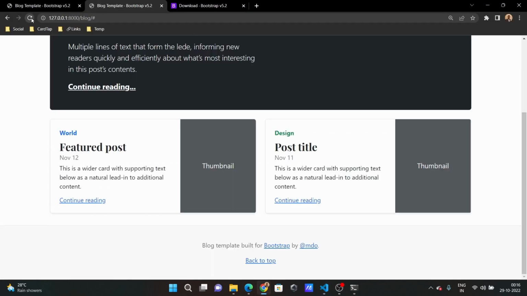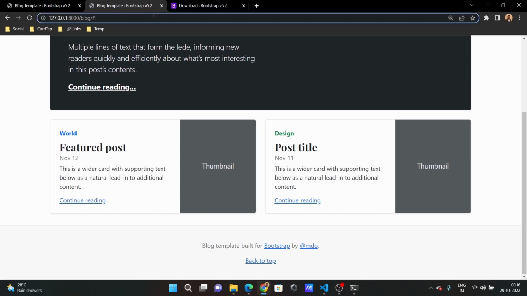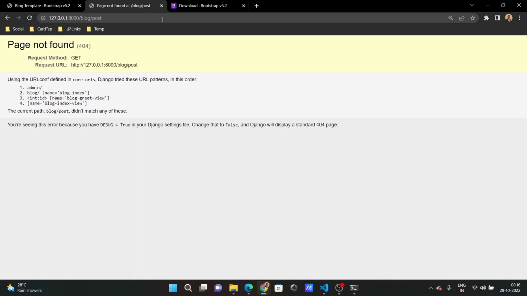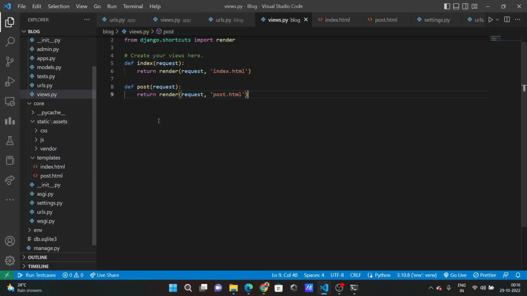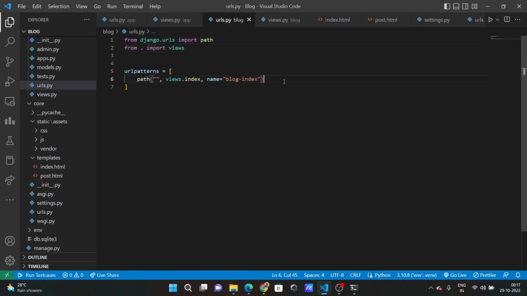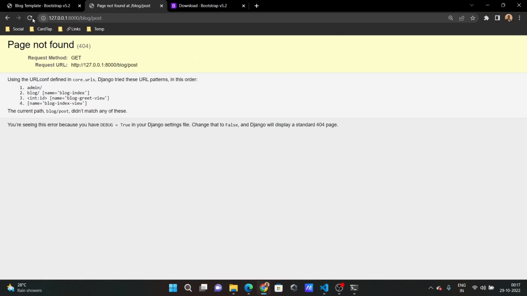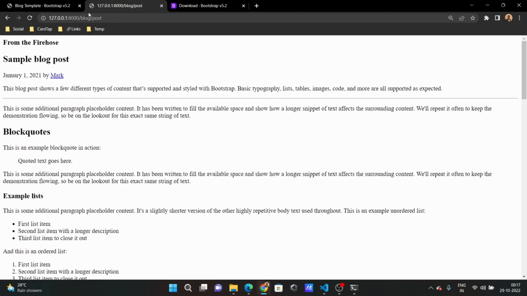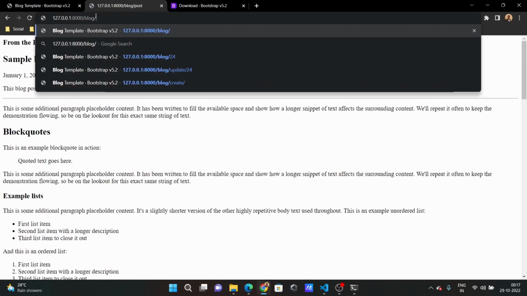Now let's reload it. As you can see, it's not there anymore. And if I go to post, it's not there because the URL is not yet defined. Let's go to URLs, blog, and if I reload this, now you can see the sample block, but it's not as good as this main